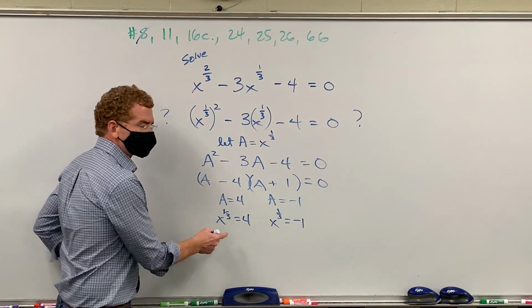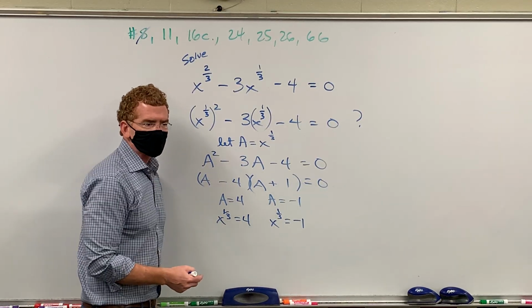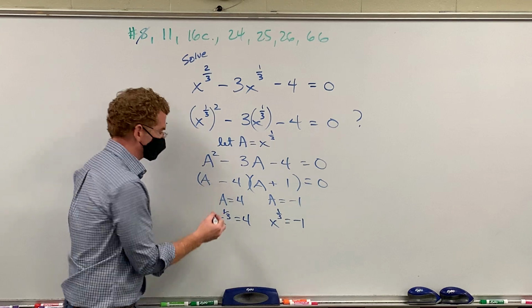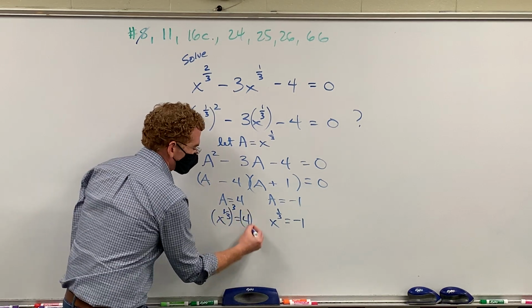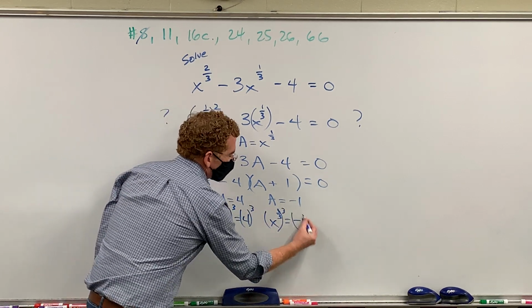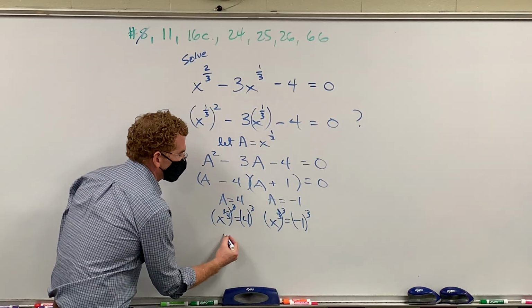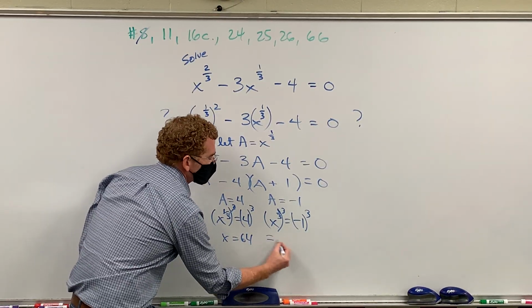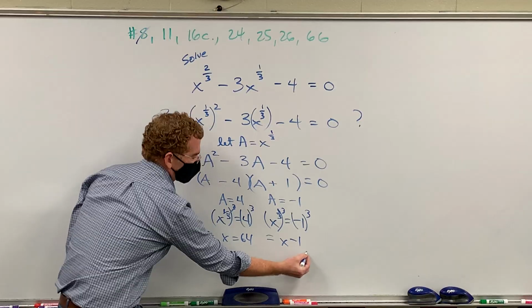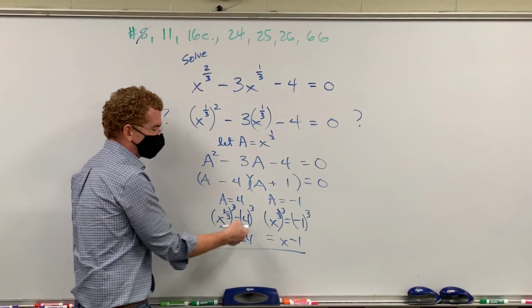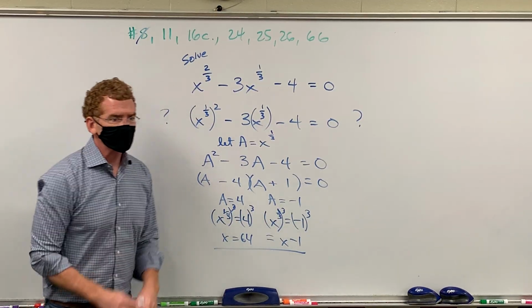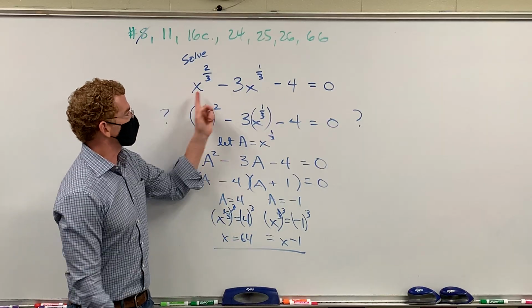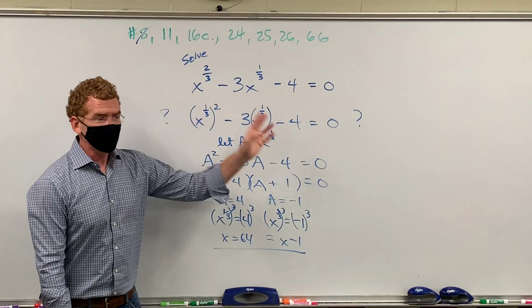So at this point, how do I solve for x to the 1/3? It's already a cube root, so you're going to cube both sides. It gets rid of the cube root, and I get 64. Hopefully you can see that on the video, but you end up getting 64 and -1. You could go back and plug them in to make sure it works, but in the original problem,